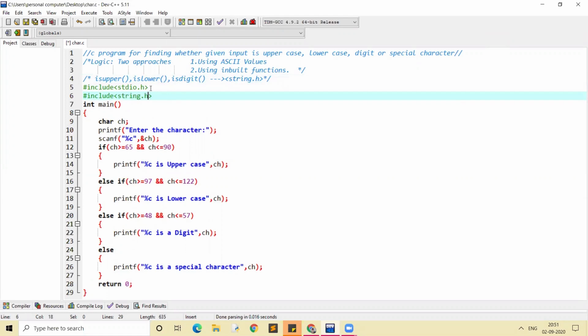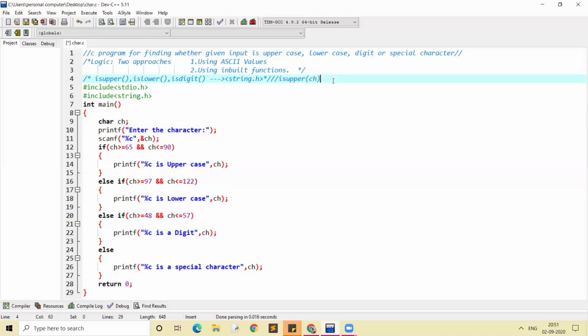Before using them, first let us see how these 3 functions are going to work. isupper. In the brackets, we have to give the character we want to pass. So here the character we want to pass is ch. We'll give it like isupper of ch.